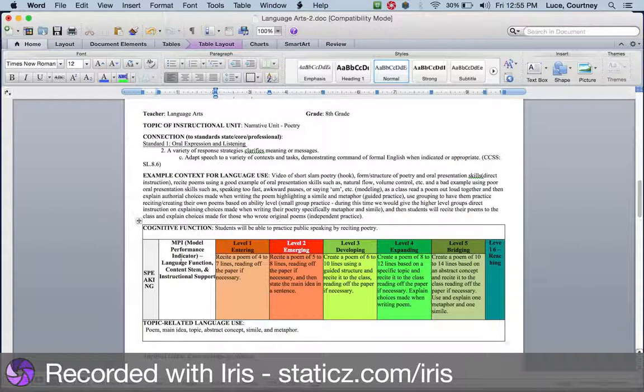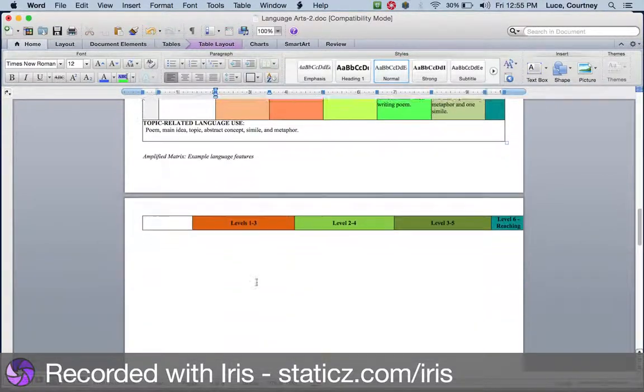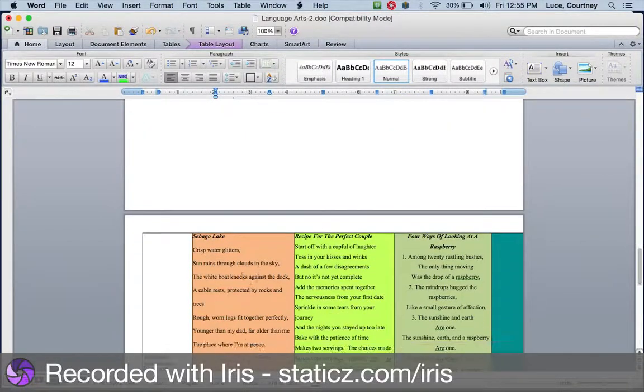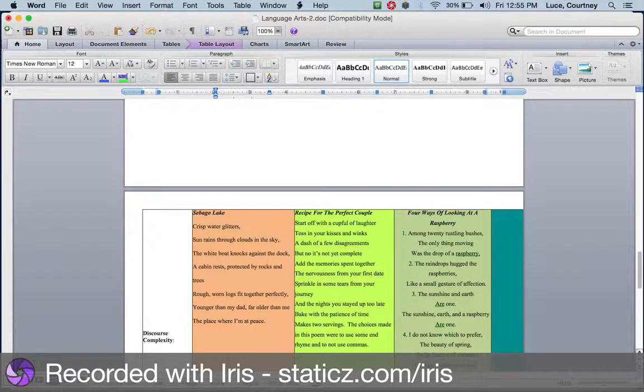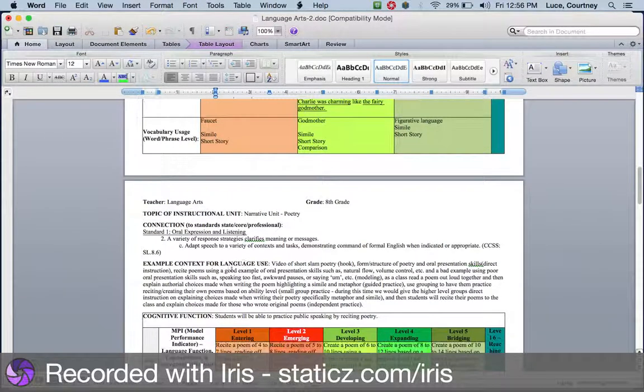So if you come down here, this one's a speaking one, and it's the same thing. Recite a poem of 4 to 7 lines, reading off the paper. So that memorized piece, that using memorized language to create something. And if you look at their levels 1 through 3, they have an example of a poem that's between 4 to 7 lines that uses that academic, or that uses the simile as they're practicing here. One of the things that you do need to know as you do this is your level 1 or your